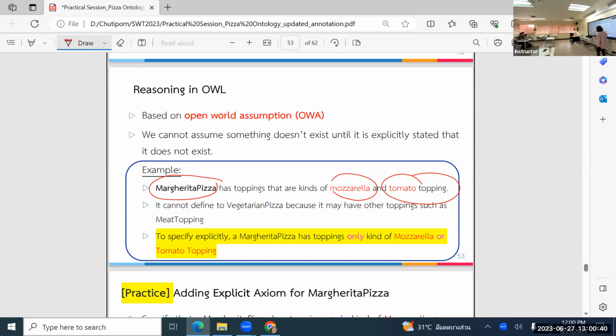So the same thing is that we cannot infer that margarita is vegetarian, because margarita may have something else which is a meat topping. It only says that it has these two toppings, but it doesn't say that it doesn't have something else too, right? So if we want to have Margarita classified as vegetarian pizza, you must say that Margarita, instead of saying that Margarita has some,